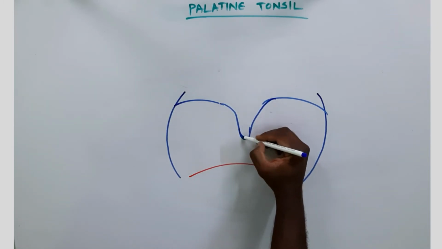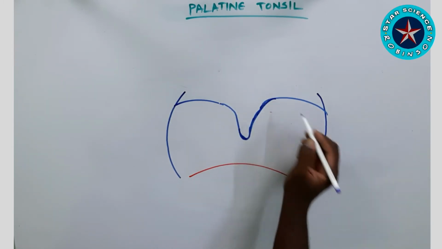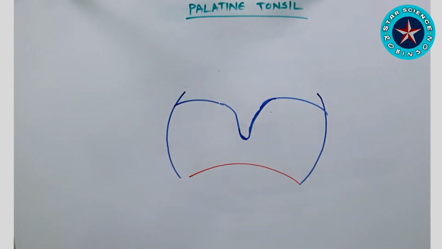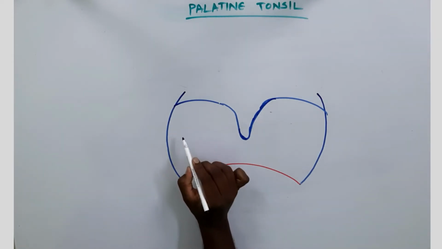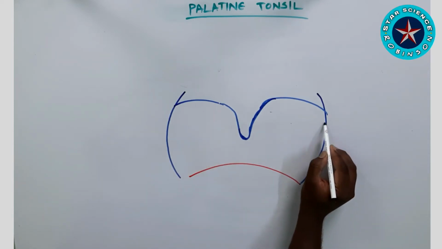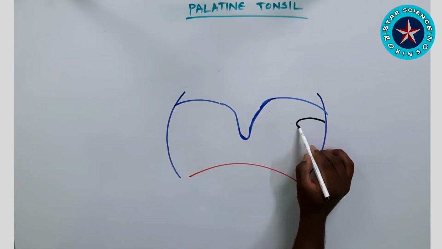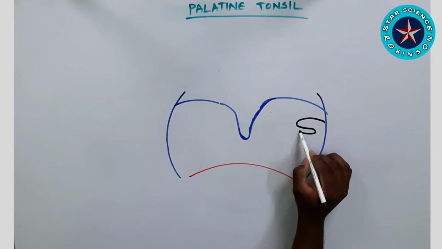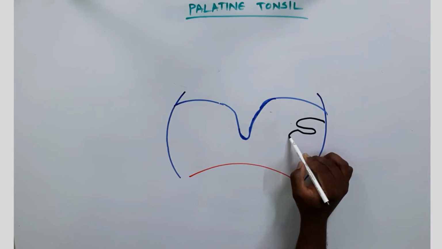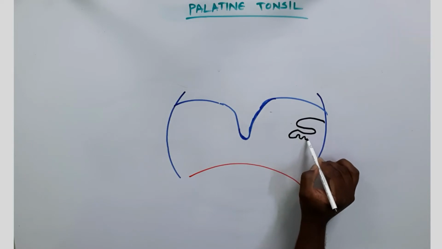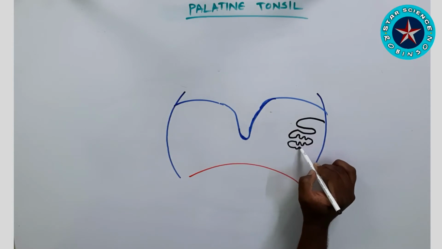Palatine tonsils function to provide immunity. Tonsils function to trap bacteria and antigens and allow the body to produce antibodies against them. Tonsils produce antibodies that neutralize respiratory infections that enter through the throat, mouth, or nose. Tonsils are the first line of defense of the body against bacteria. When the tonsil itself is infected, it becomes a source for the spread of infection to other parts of the body.